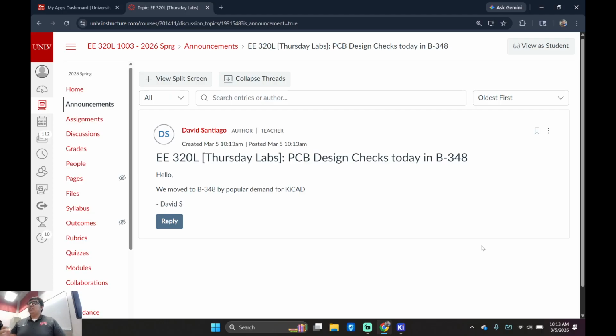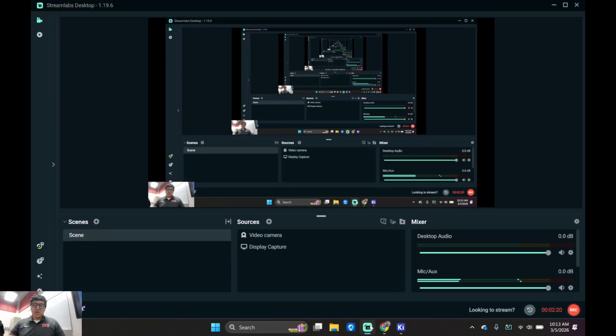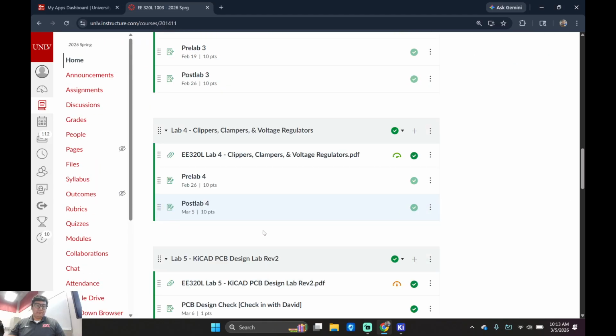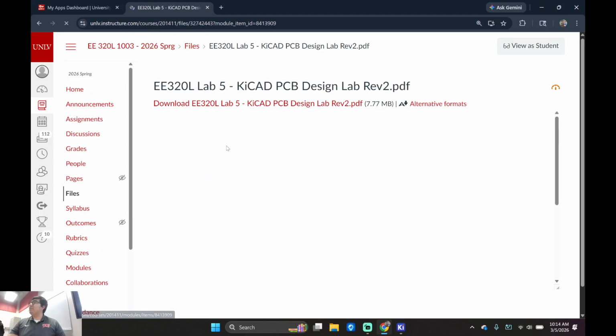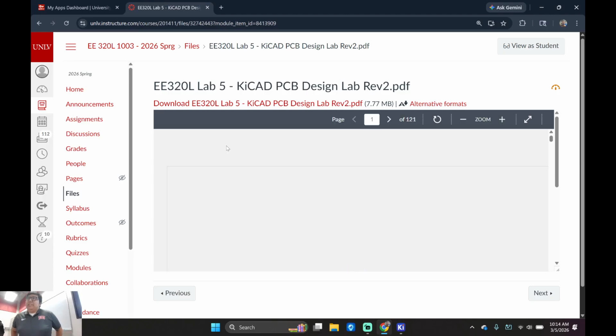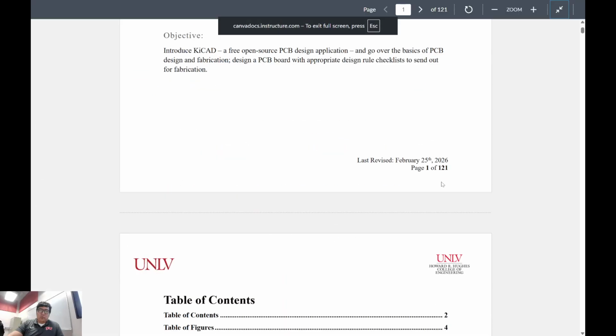Let's go back to the beginning of the document. I'm recording this, just making sure. Let's look at this right here: Rev 2. Rev 2 is building on the first KiCAD lab that I designed.